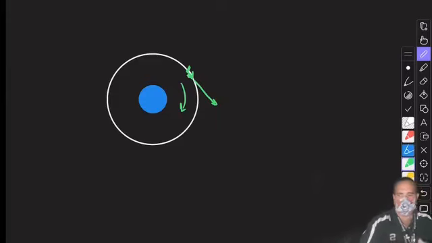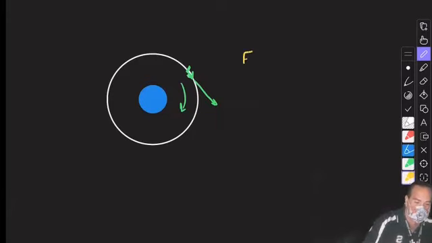Things that we are likely to face, like what is the force that causes centripetal motion? They want you to describe that force. And we know that that's gravity. So they're going to ask questions like that. They're going to ask questions about the size of that force. And they're likely to ask questions